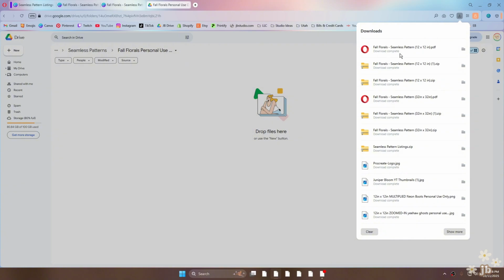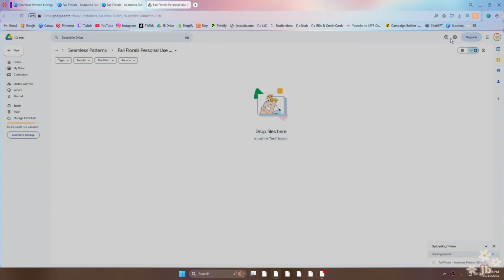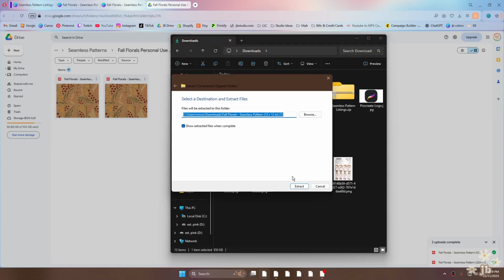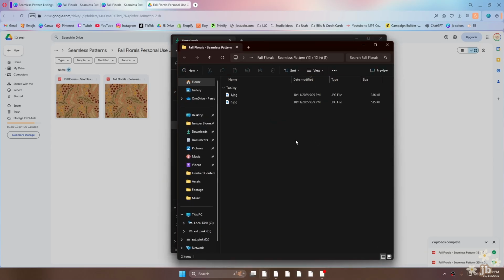I have to individually open all these zip files and add them in here, but what we can do is just straight up add the PDFs, which is nice. I'm gonna extract. You right click, extract all. I just extract right to downloads, and then it brings up those two. So immediately what I like to do is rename it Fall Florals Seamless Pattern 12 inch x 12 inch, and then